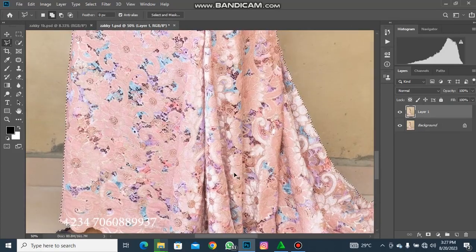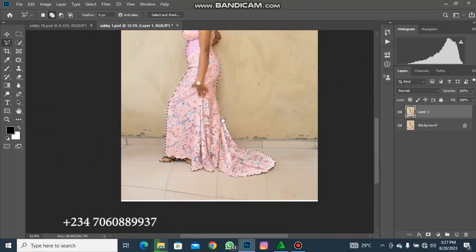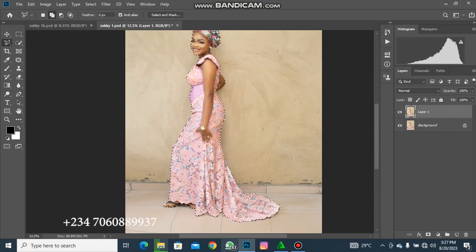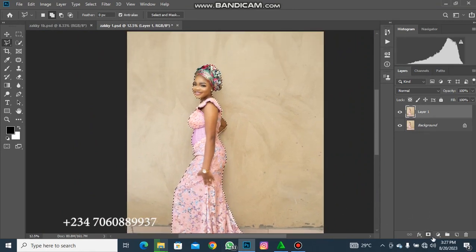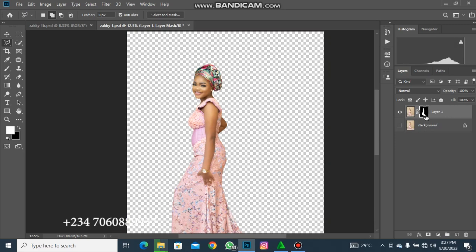Okay, so now with this, I know some people just change the background accurately here, but here we are going to be masking it. So let's come to our mask. We mask it this way, and the next thing we will be doing is turn off this layer. You see that the background has been removed already. You double click on this mask,